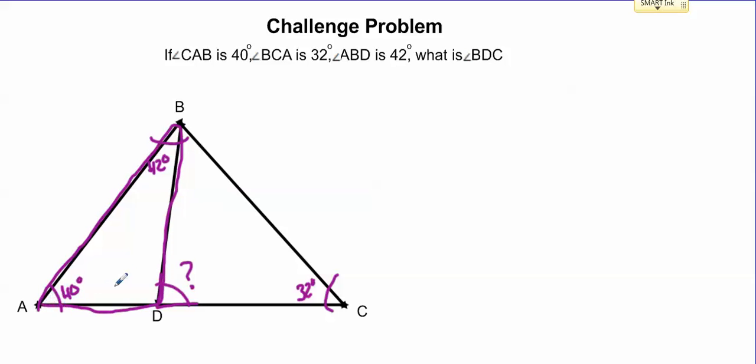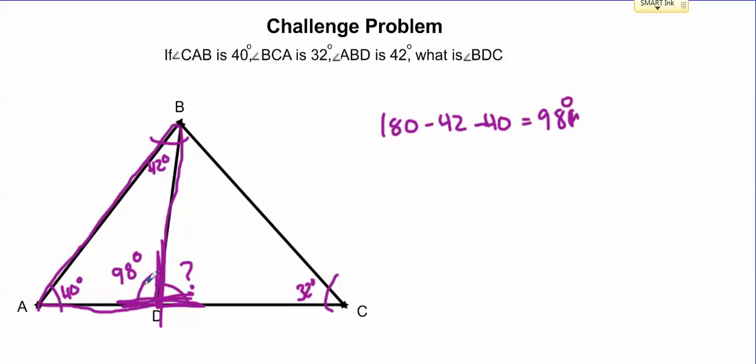We could start by solving for this third angle right here, and that would just be 180 minus 42 minus 40. When I do that, what do I get? 98 degrees. So we can plug that in right here. Now, if I want to find this angle, how can I do that? Well, you should know that if you have a straight line, the two angles are supplementary. So all I'd have to do is 180 degrees, subtract 98 degrees, and that gives me,